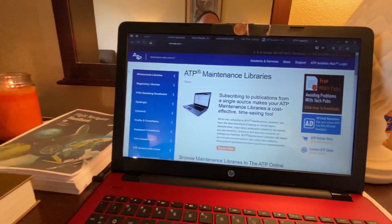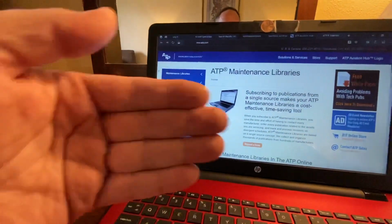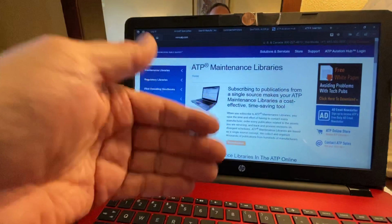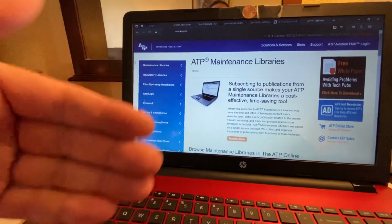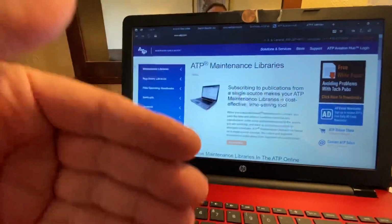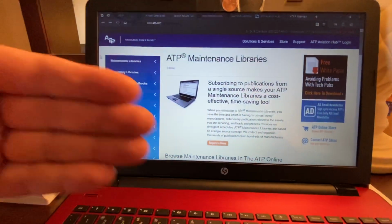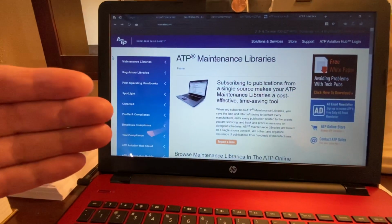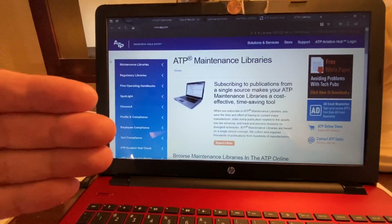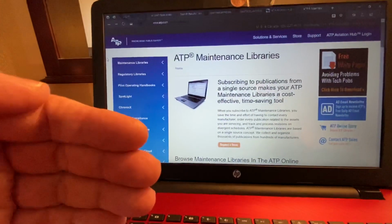And so what happened is Continental Motors in Mobile paid for a 2-year subscription to ATP. ATP sent me an email giving me the login and all the account information. I set up and went inside and had to hunt around a little bit to figure it all out, and I'm still learning the system. But I'm able to access all the underlying service manuals that relate to a Continental big bore motor and its systems, including the aircraft. But I don't have Beechcraft, because, again, like I said,